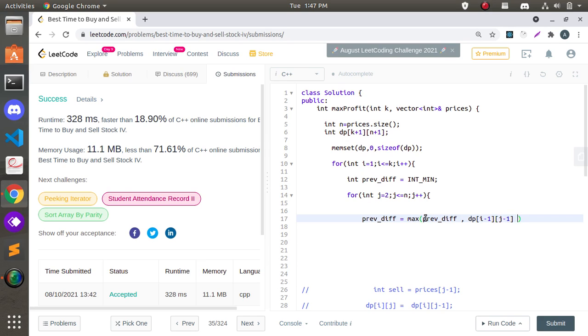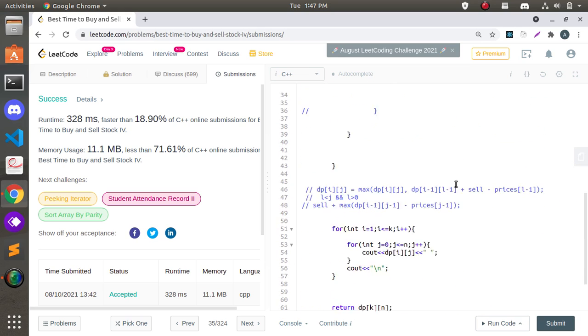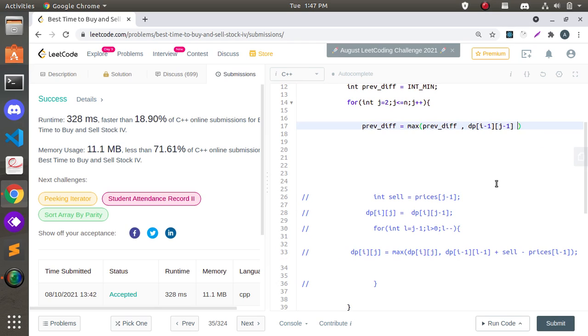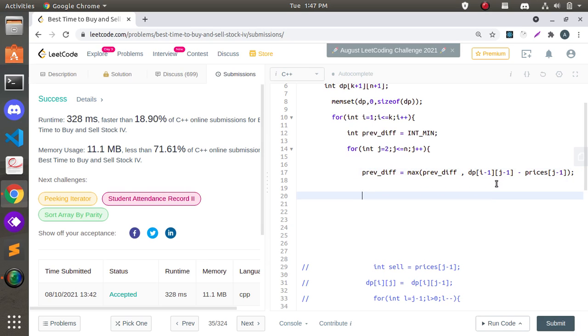So this one plus, and what we are doing is minusing. So here we also have to make minus of prices, and it should be j minus 1, because in place of l minus 1 we are implementing j minus 1, right? And what we can do is dp of ij is equal to maximum of